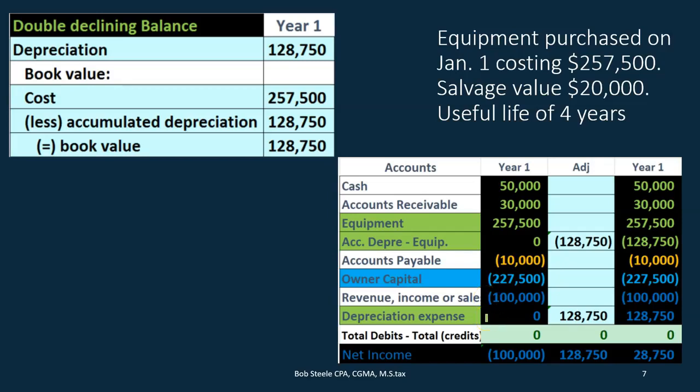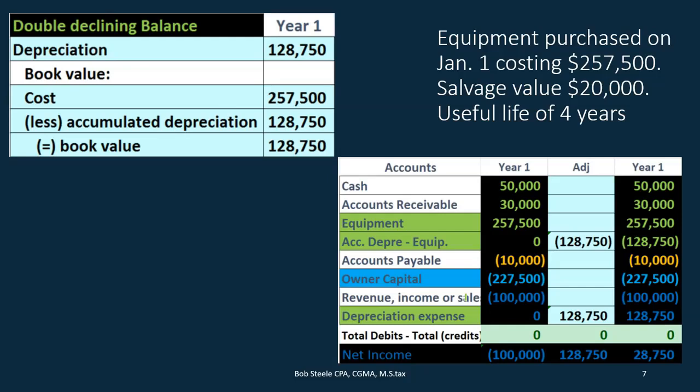That's what we're going to do. If we take the debits, non-bracket numbers, minus the credit bracket numbers, we would come up with 0, meaning the debits and the credits are equal. We are in balance, and we can see that the sales credit minus the expenses, there's none there left, is the 100,000. So this 100,000 is assuming that all else equal, all we've made is 100,000 in this time period. The only expense we are going to consider is depreciation expense, so we can see the effect of it